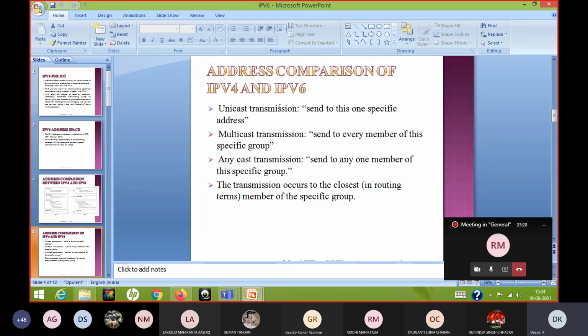So what is unicast transmission? What is multicast transmission? Unicast transmission is sent to one specific address, and multicast is sent to every member of the specific group. Okay, and anycast is sent to any one member of the specific group. So that way we are capable of providing interfaces with IPv4 as well as IPv6. The transmission occurs to the closest member of the